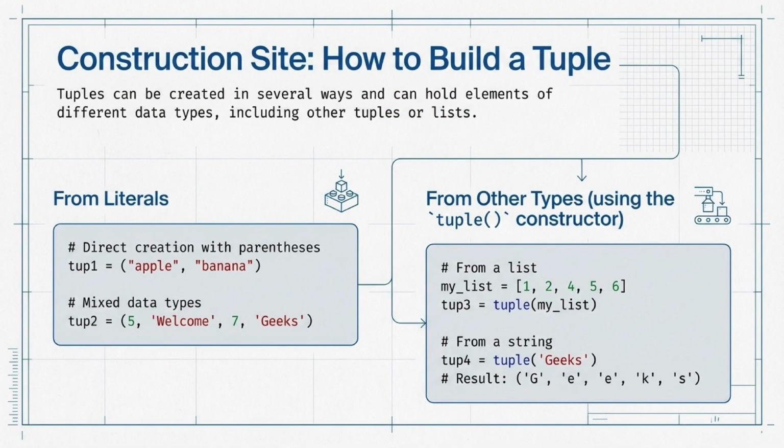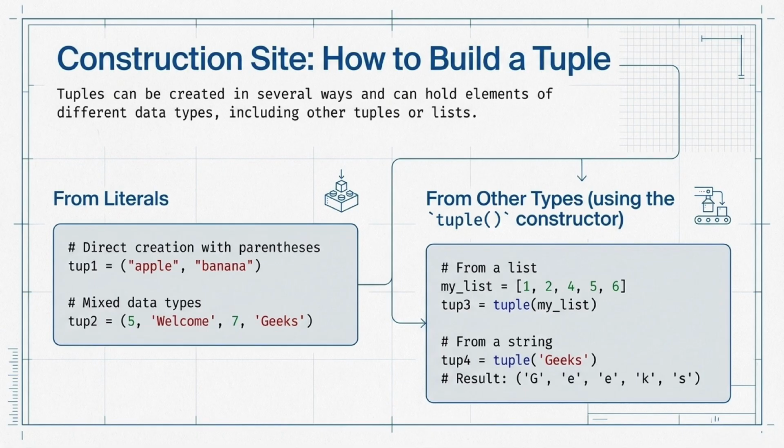For example, a tuple can be created within parentheses as "apple", "banana" within double quotes, which stores two string values. Tuples also support mixed data types, as seen in 5, "welcome", 7, "geeks", where integers and strings coexist